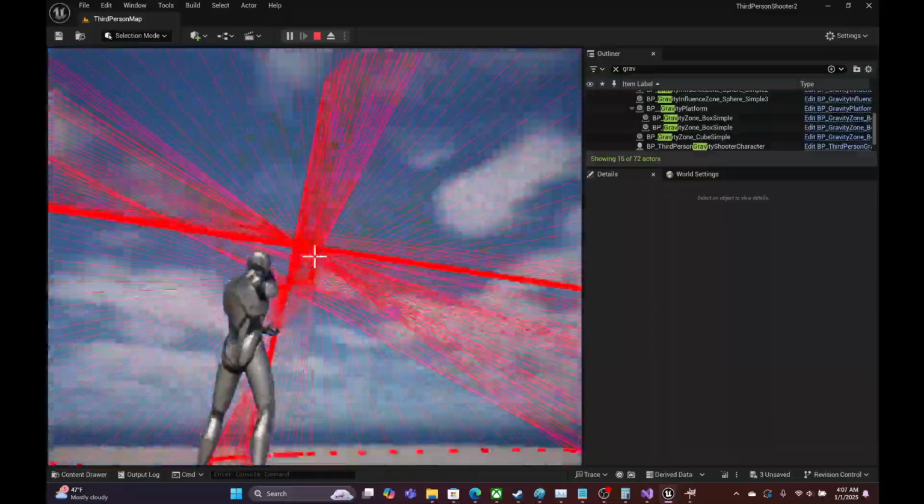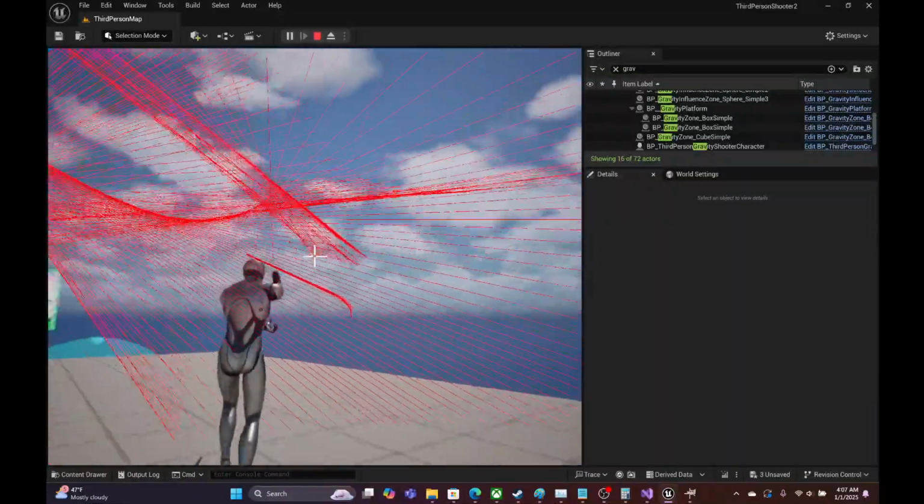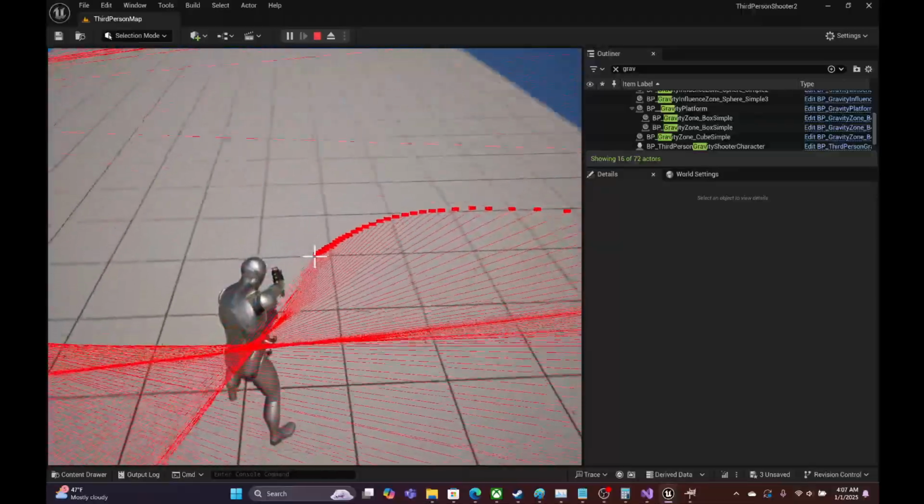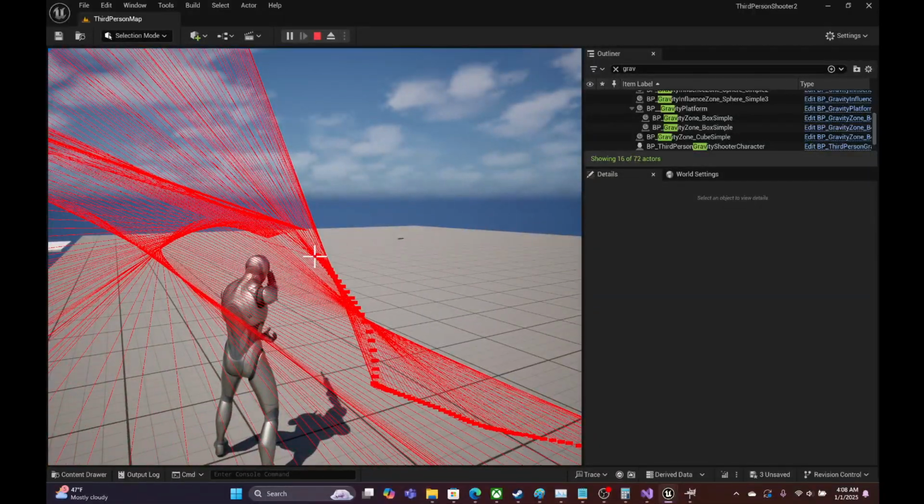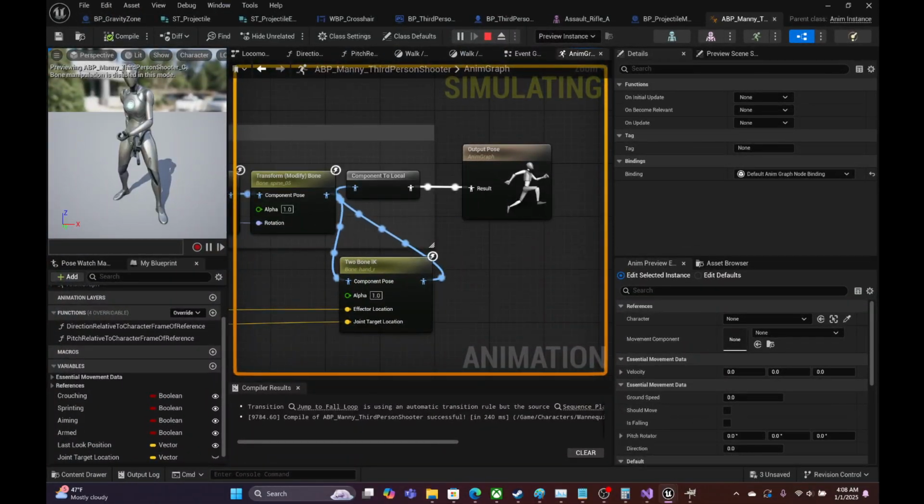Wish I had like alt camera rotation because that really messed it up. Now that we have the trace working,